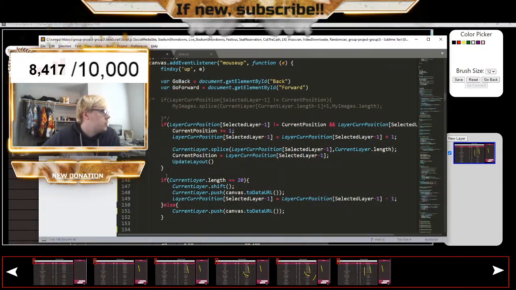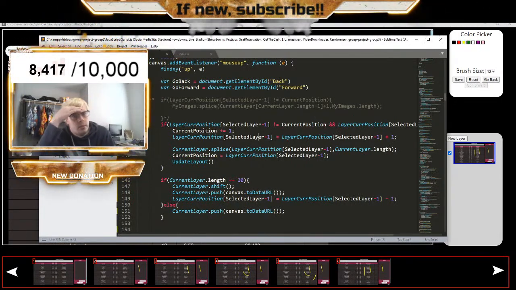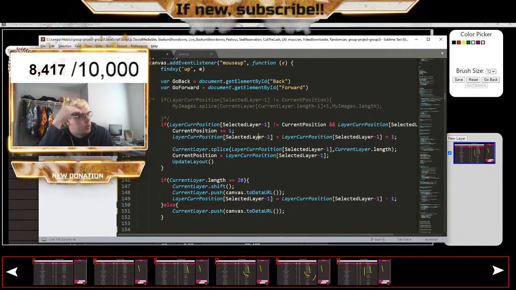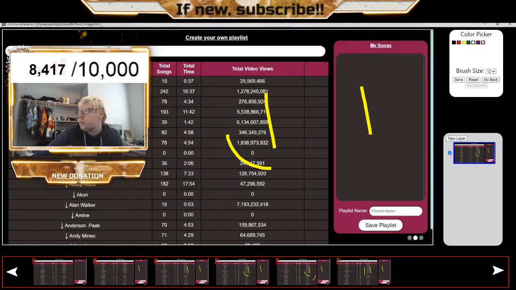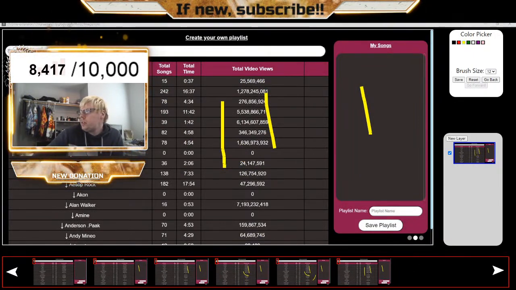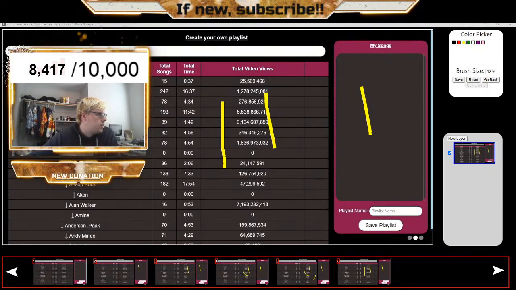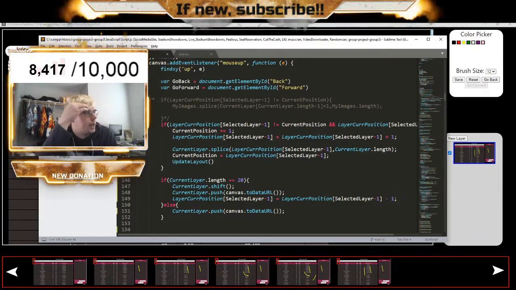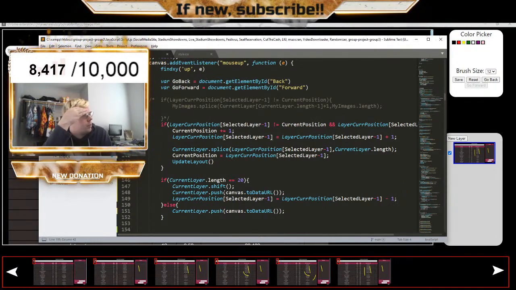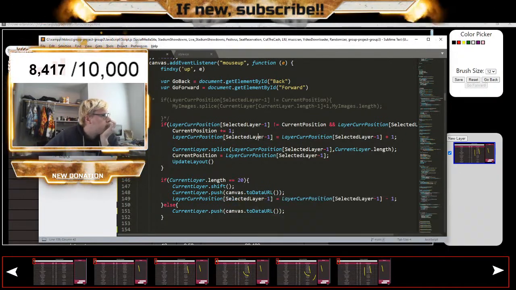Let me just think. We have a maximum, and then we have a current position that always changes, because if I click on this, our current position is 3. If I click on this, current position should be 5. And then we have the maximum amount of edits that we do. So if we do that,